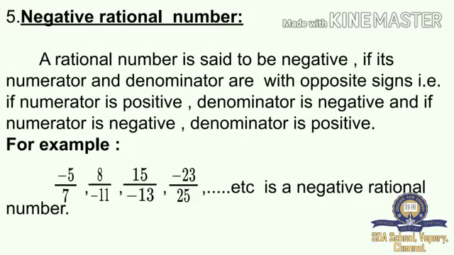And negative rational number, fifth one. A rational number is said to be negative if its numerator and denominator are both with opposite sign, that is, if numerator is positive, denominator is negative, and if numerator is negative, denominator is positive. For example,